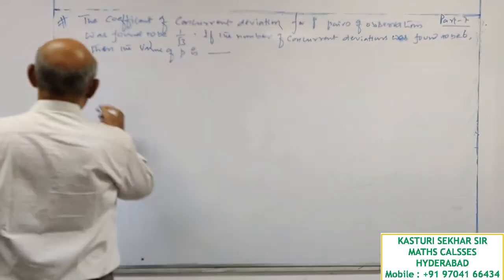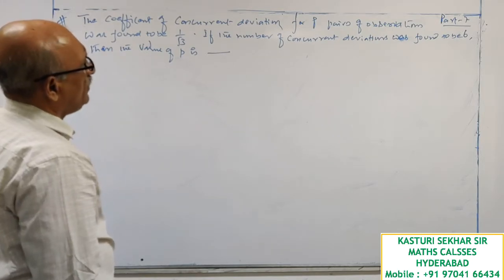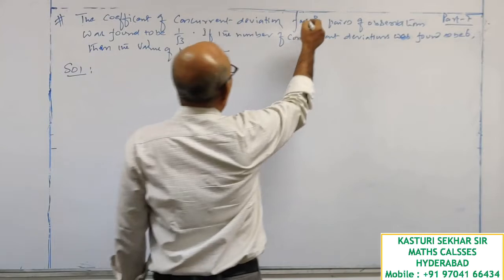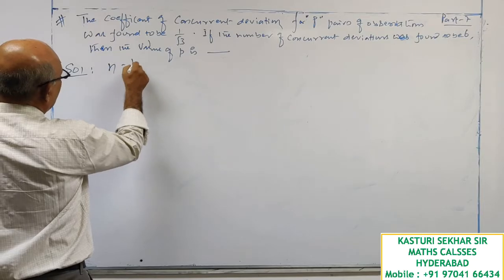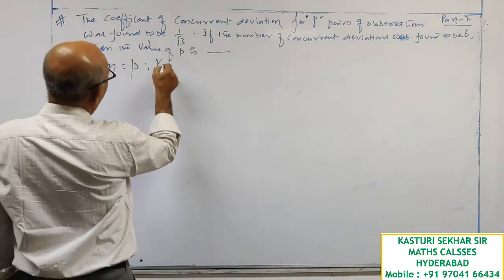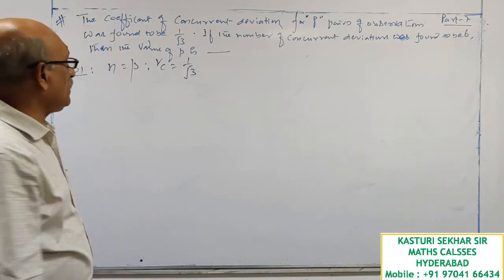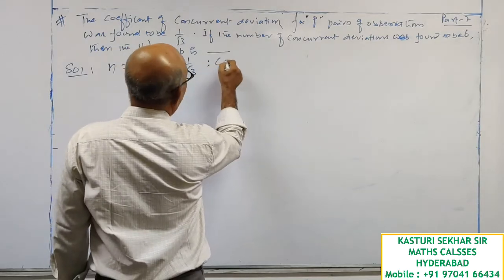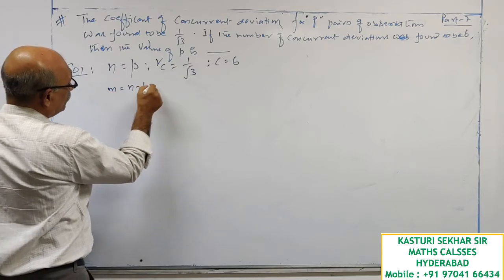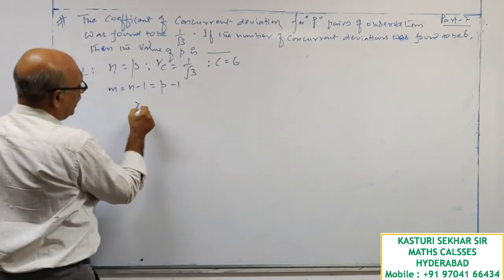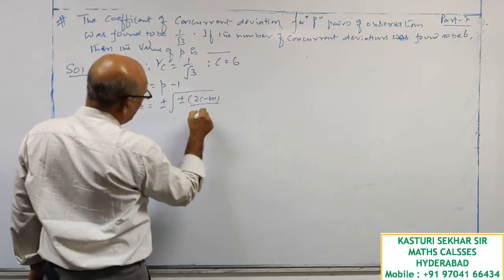Okay sir. See the solution. The coefficient of concurrent deviation for p pairs of observations: N is equal to P. RC is equal to 1 by root 3. C is equal to 6. So M is equal to N minus 1, that is P minus 1. RC is equal to plus or minus under root plus or minus (2C minus M) by M,